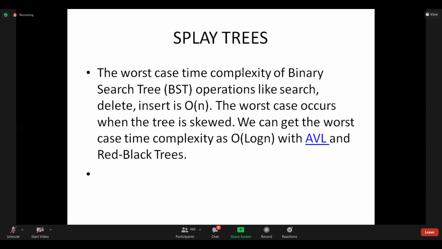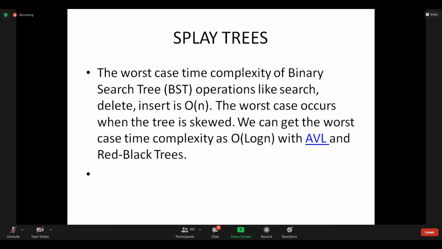First let me explain what a splay tree is and why we should study it. Normally, the worst case time complexity of a binary search tree is O(n). This was already discussed when teaching AVL trees. Our intention is to reduce the time complexity. The time complexity becomes O(n) when the tree is right skewed or left skewed. So to reduce it, AVL trees and red black trees reduce the time complexity to O(log n) by calculating balance factors or by using rotations. This is the concept of AVL trees.